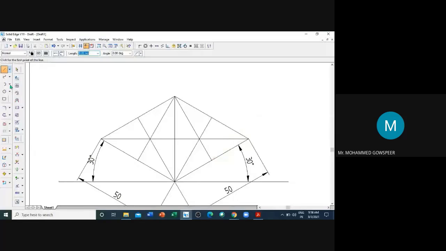Okay. Now you take arc by center point. Now this is the center of the arc and this is the radius.